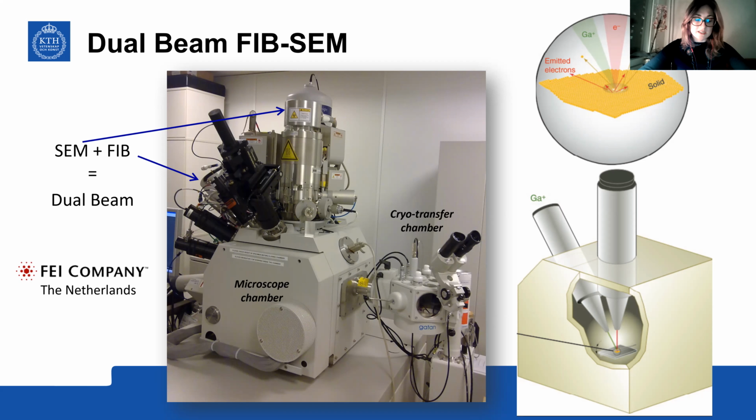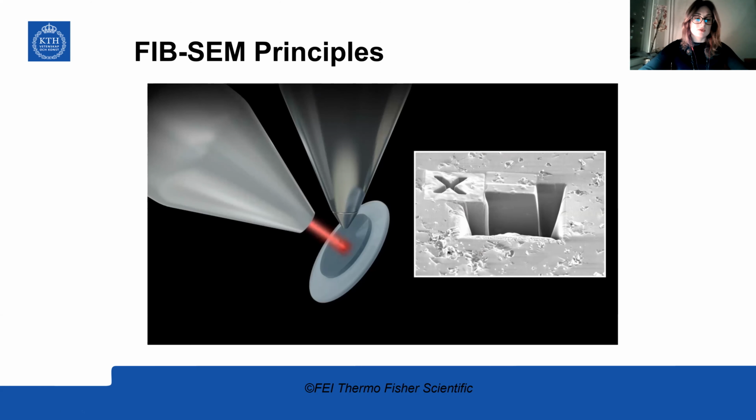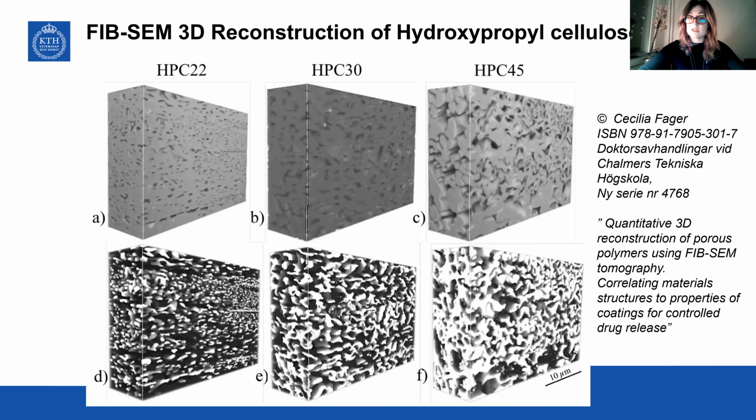And here you can see an example of the FIB-SEM setup. So basically a combined focused ion beam and scanning electron microscope. The beauty of this instrument is that with the help of the ion beam, we can etch away the material or sputter it away, and we can open up the third dimension. And with the help of the electron beam, we can immediately image the fine structure, which is also a very unique possibility for everyone who wants to perform more three-dimensional studies and compare the bulk structure in situ in the